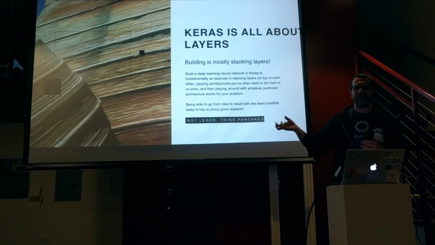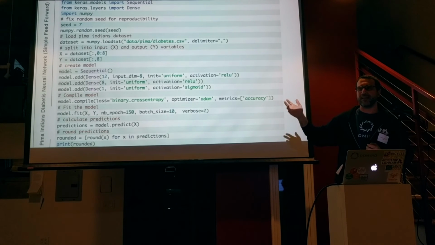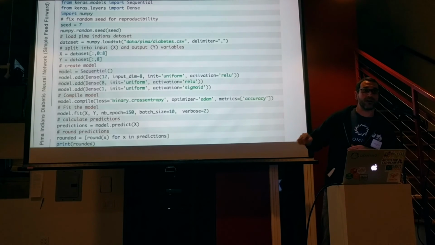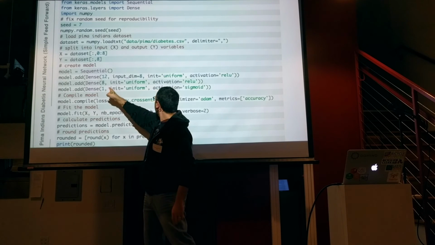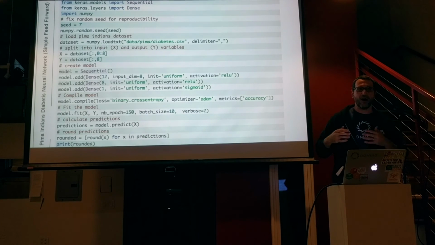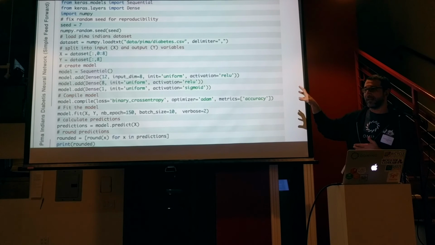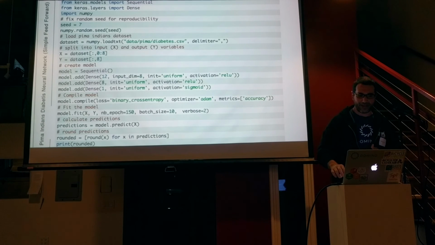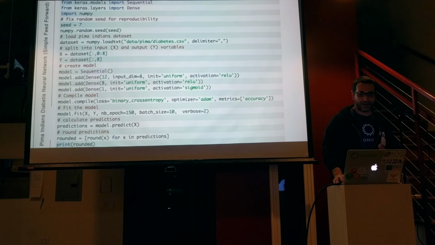If you're using TensorFlow or Theano, you're working with the entire program. This is the Pima Indians Diabetes data set, a canonical UCI data set. And literally, this is the modeling step over here: make a model, add an input layer, add a middle layer, add an output layer, compile the model, fit it. That's it. You don't have to do any other magic. Way back in the ancient times there was a lot of work to get this done. And notice the activations are just parameters you pass. It's all just really, really nice. We won't get into the epochs and batch sizes and all that, but it's a really clean API.